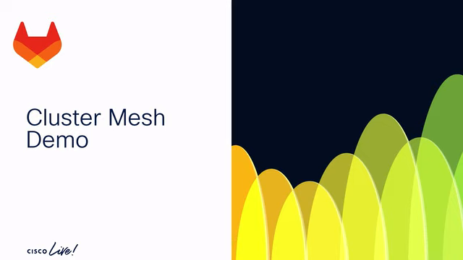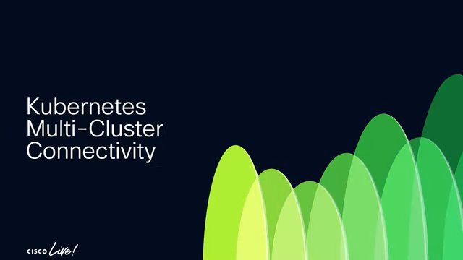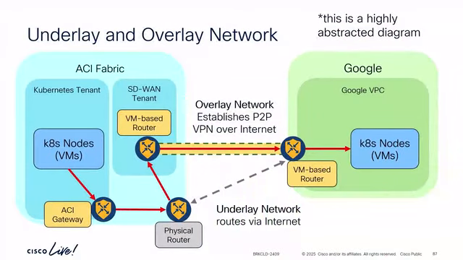So we've done the cluster mesh demo. We've shown the app in Hubble, and we've shown the traffic. We're at Cisco Live, and this is a request we've had a lot in our sessions, and I apologize to anyone who came to our previous sessions and didn't get this. We put a lot of work in the past couple of days trying to define what's happening on the networking layer, because this is probably of most interest to everyone here.